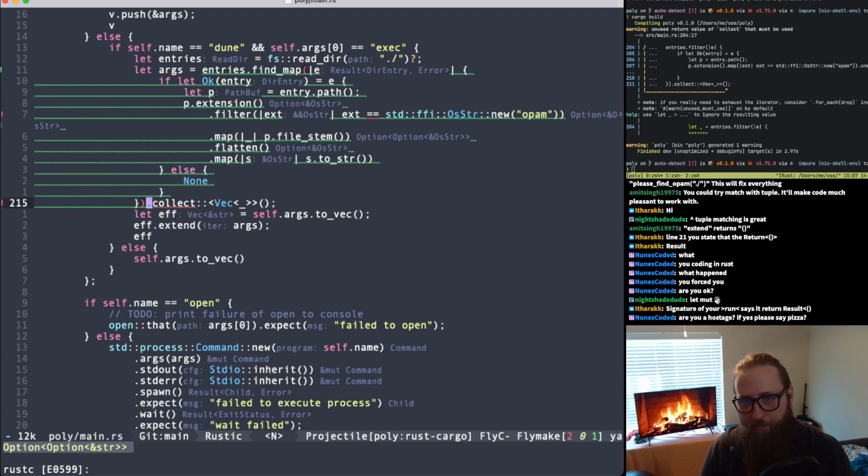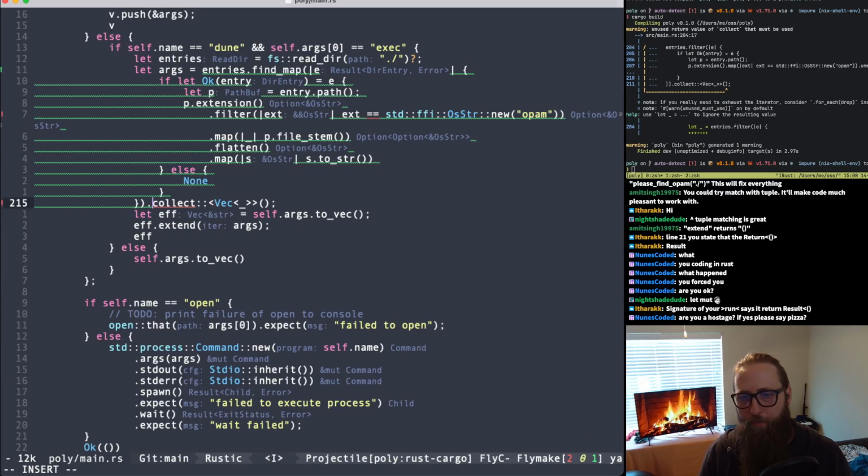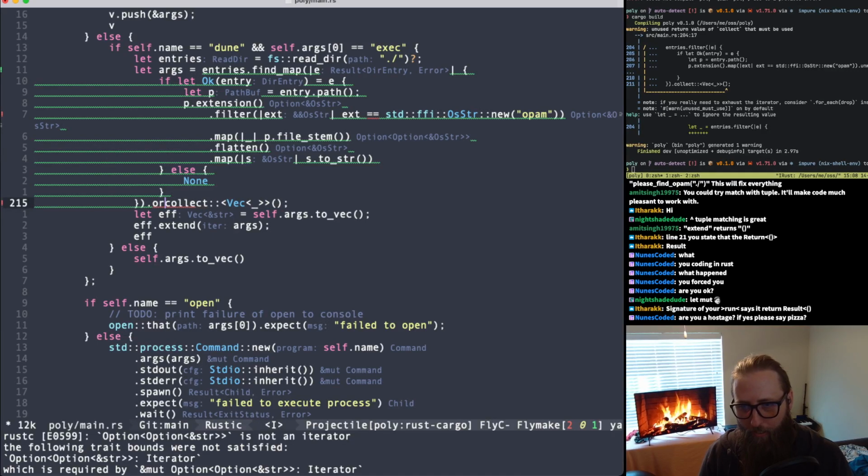So if the find_map does not work, which returns an option, then we have to say dot or, if I remember right,